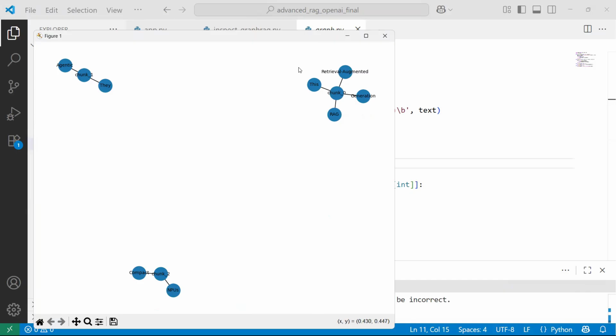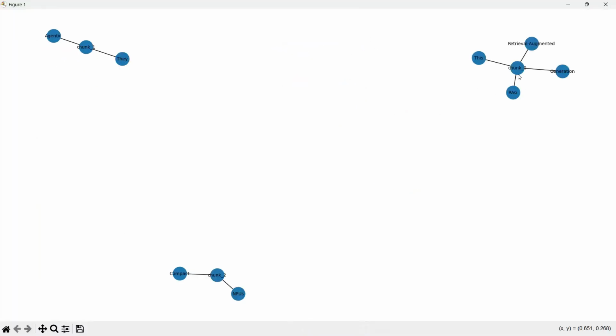So as you can see here, this is chunk 0, this is chunk 1, and this is chunk 2. In chunk 0, if you remember, we were talking about RAG, retrieval augmented generation. In chunk 1, we were talking about agentic AI, and in chunk 2, we were talking about compact NPUs. So these are entities that are related to different entities. And this is how the graph RAG looks. This is a simple graph RAG, but it could be more complicated, with more nodes, more entities, more relationships. Okay, but key entities and the related chunk.